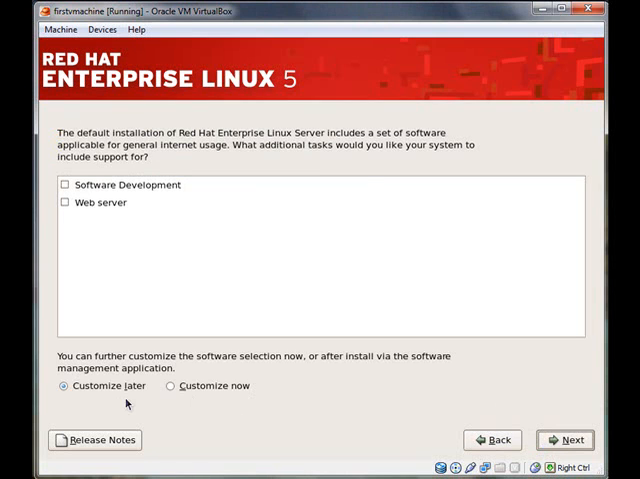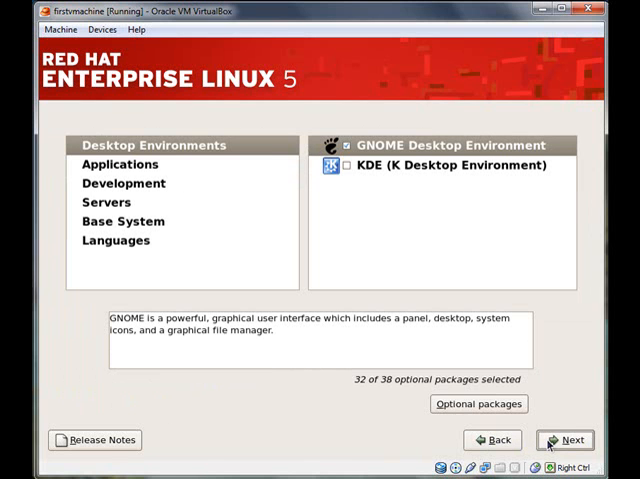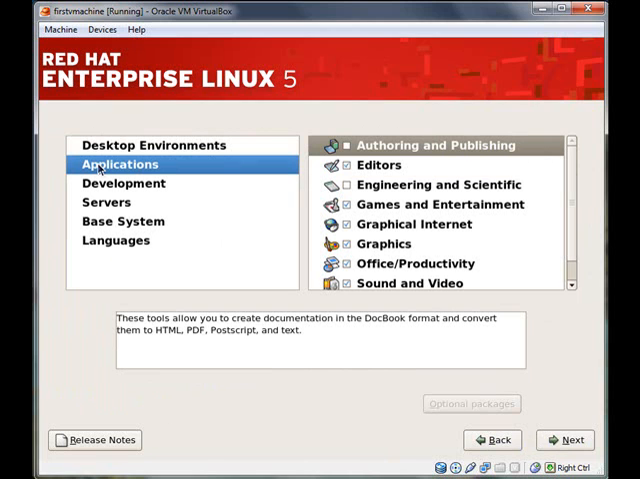Now by default this option is selected, that is customize later. If you want to customize the installation, you can select this option, press next, and you can select the packages as per your requirement. This is the main menu, this is the sub menu. I will click applications, editor,